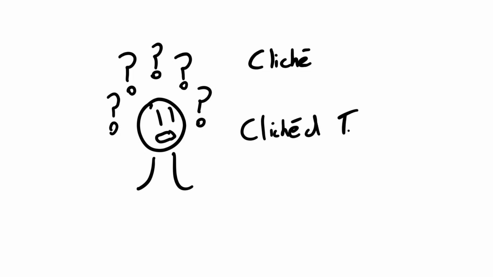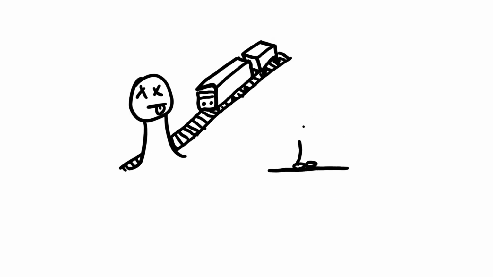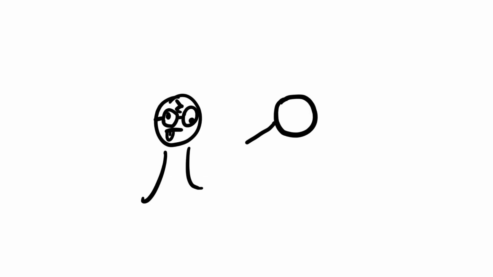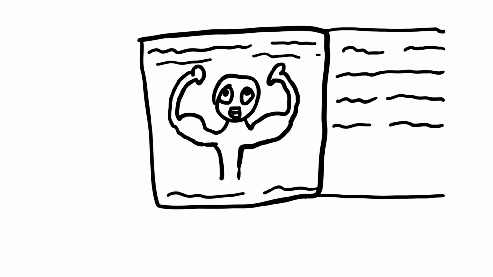What's the difference between a cliché and a cliché trope, I hear you ask? Well, a cliché is an overused phrase, such as, I stopped dead in my tracks, or you're on thin ice. A clichéd trope is the chosen one, or it was all just a dream. While a well-used trope can strengthen a story, a cliché will pull your reader out of it and ruin the experience. I'll go over how to avoid and improve clichés in another video, but for now,